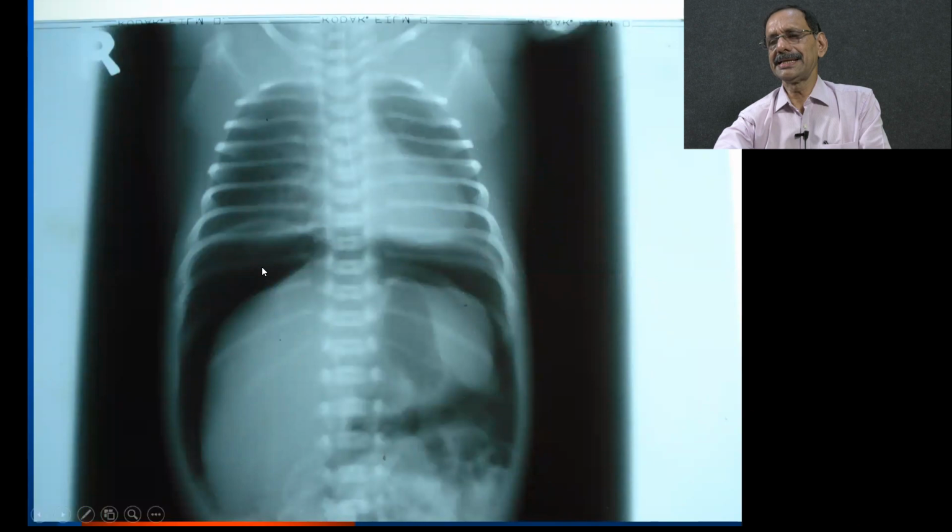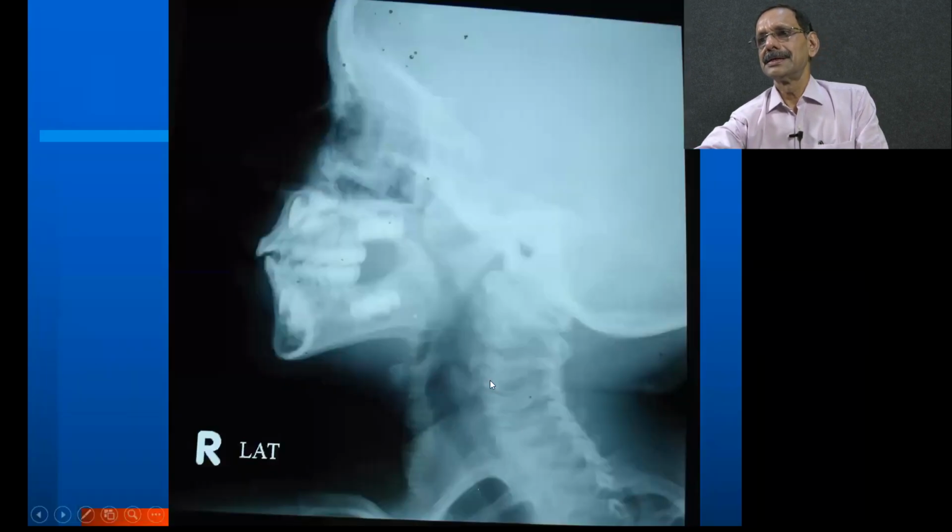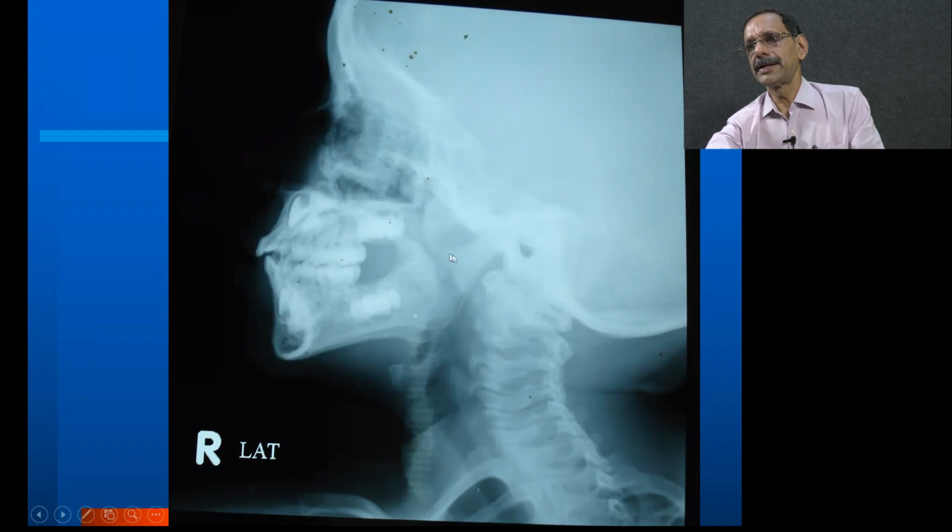This is not exactly a chest X-ray, but still to show pneumoperitoneum. Could be an exam X-ray, that's why. And this is another respiratory X-ray. See the adenoid. It's almost obliterating more than 50% of the airway. So this is the normal breadth of the airway, and here it is narrowed because of this adenoid.